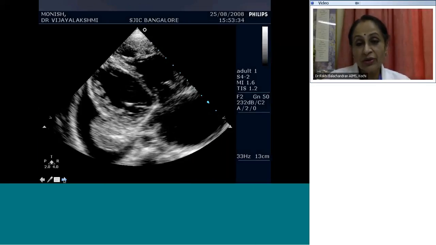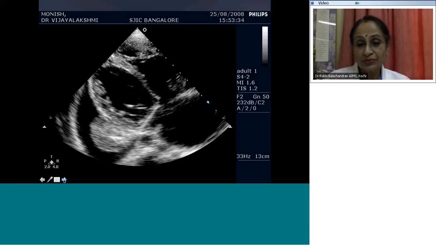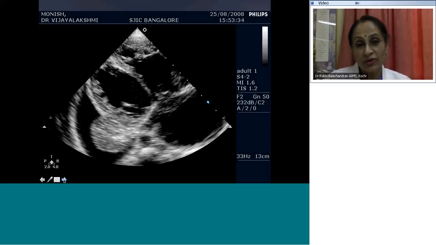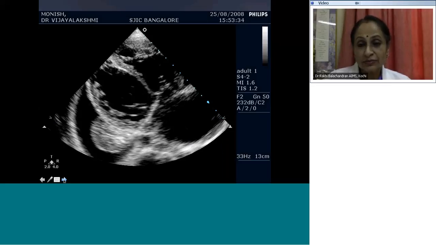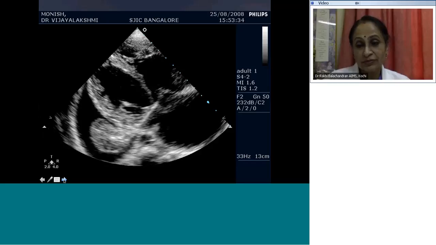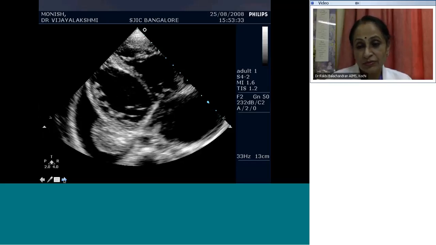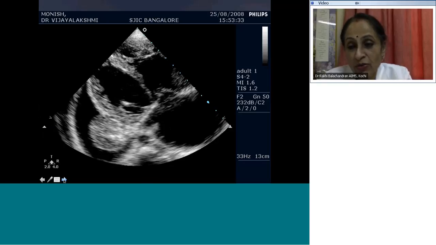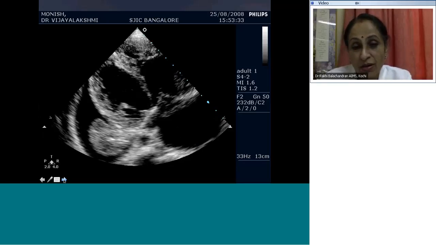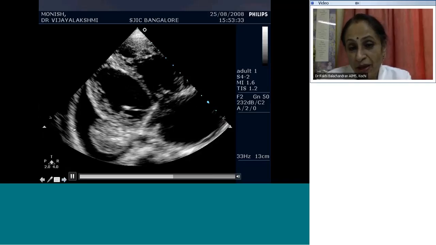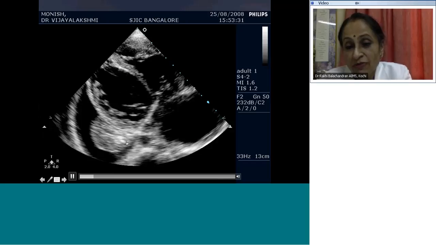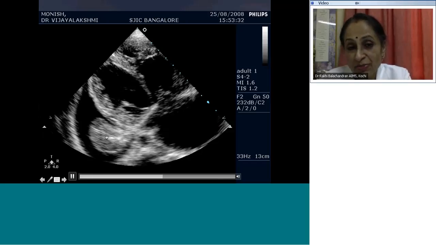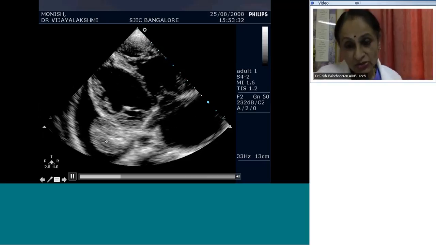I'm showing you. What do you notice in this? Can you tell the diagnosis? Or at least you tell me what are the findings that you find in this. Okay, pericardial effusion with a mass, that is right. There is a large pericardial effusion, and then in the AV groove there is a large mass. So because of this mass, there is a large pericardial effusion, almost like a tamponade, and that's how the patient